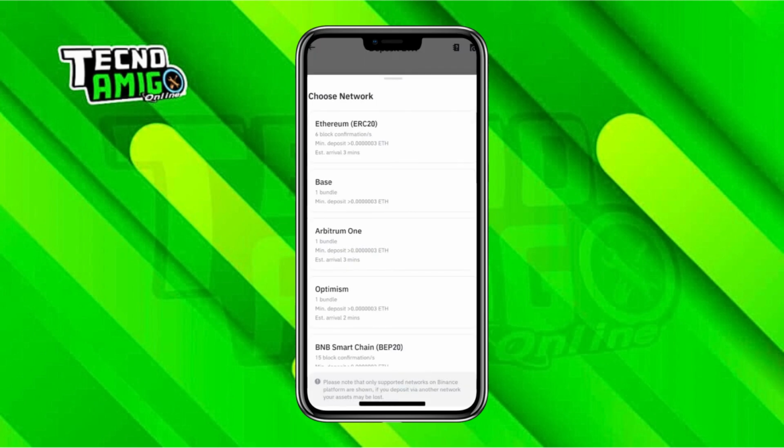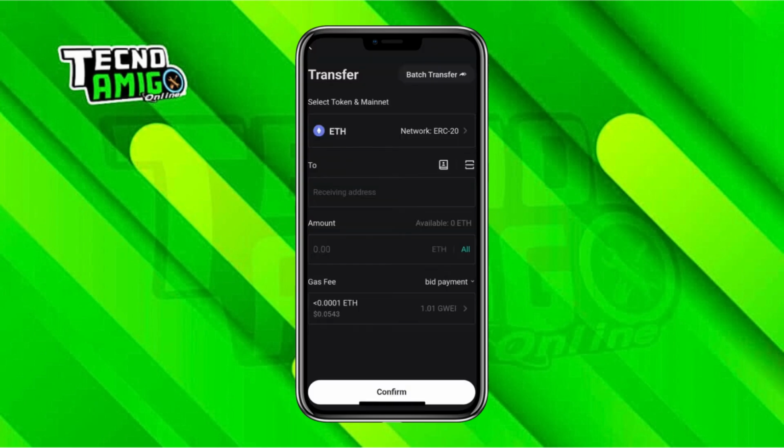Here you just have to use the search bar at the top and search for ERC20, which is Ethereum. So you need to search for Ethereum and select Ethereum's ERC20 network. Once done, you will be able to see a QR code as well as the deposit address in front of you. So you just have to copy that from here,